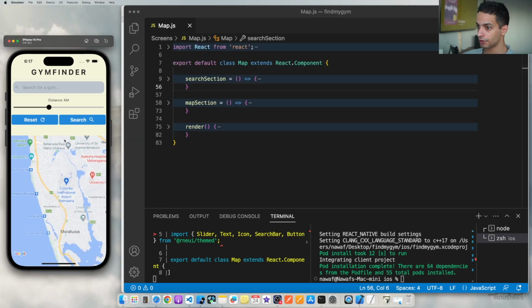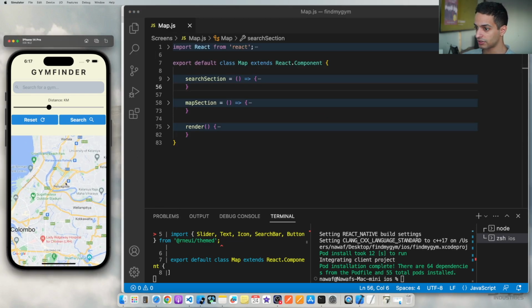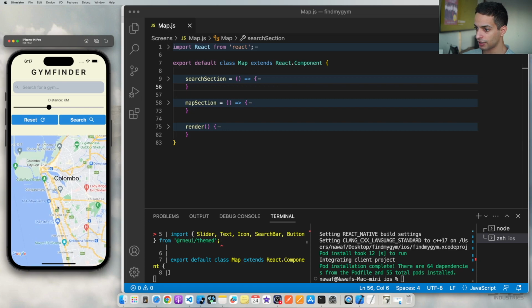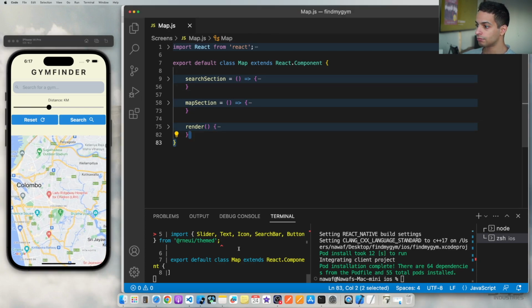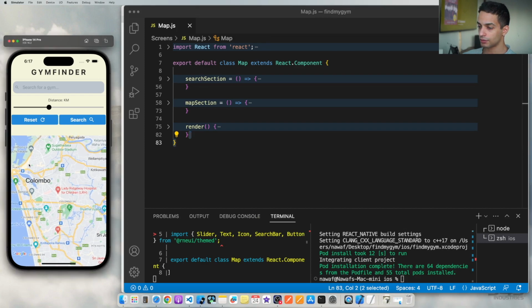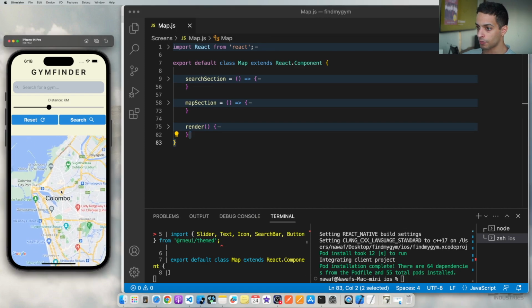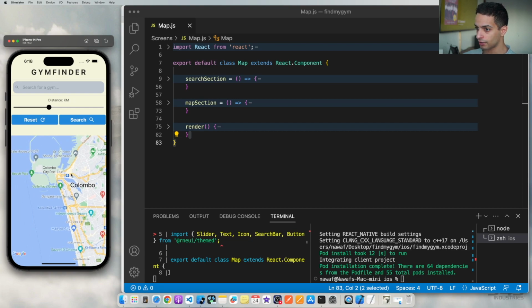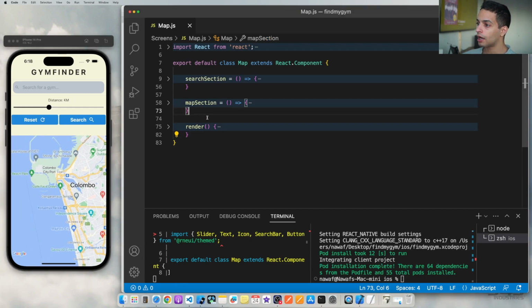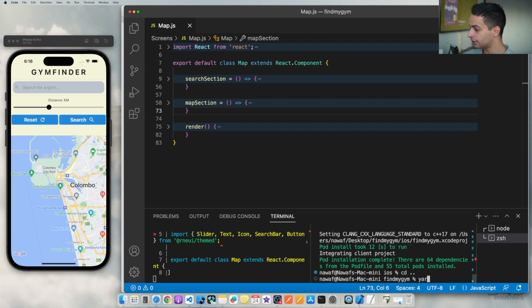Okay, since we're done with the UI now, the first thing we start, let's move this map from Colombo, Sri Lanka to wherever our current location is. There's one library I forgot to tell you guys to install, which is geolocation. So go ahead and install that, yarn add